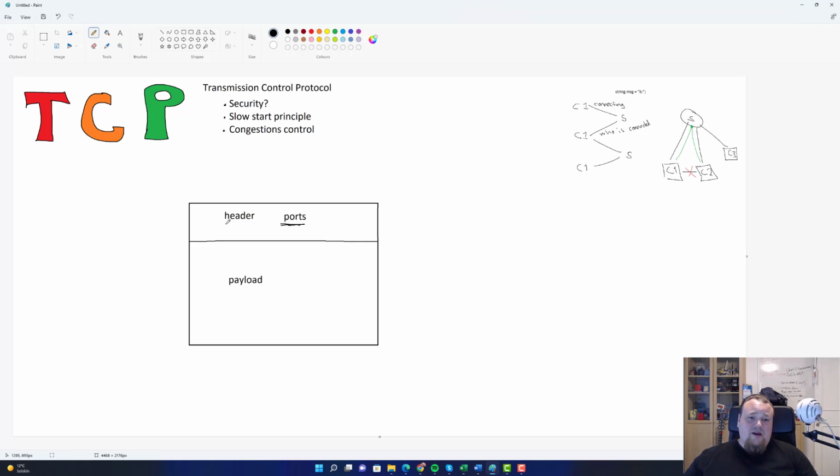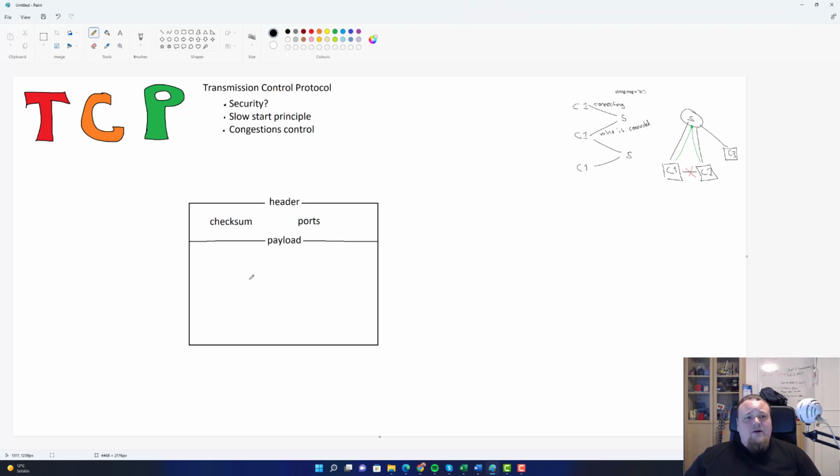Other interesting header information in the TCP protocol is something called the checksum. There is actually a checksum, so let me just write that. There are many other headers we could talk about, but I'm just going to mention the ones that make the most sense. Let me put that here, and the payload is going to be put there, so we have a beautiful setup and it doesn't look that messy. Let me just remove that as well. All right, so this is basically going to outline our protocol here.